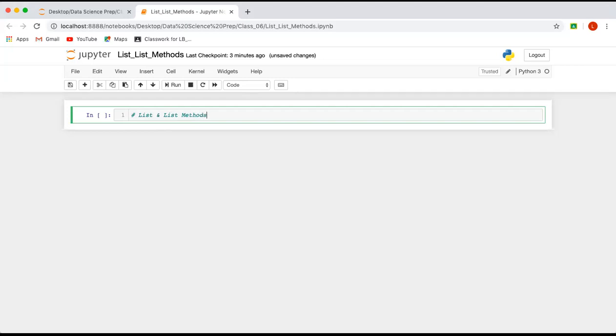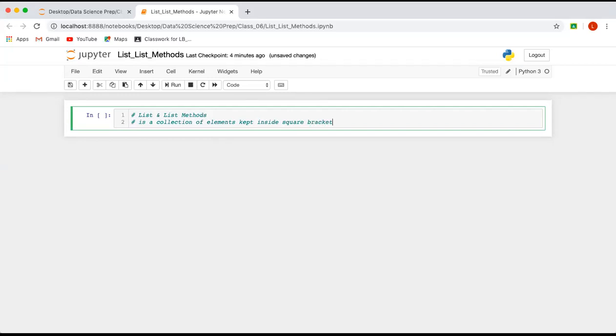Okay. Now, so what is a list? First of all, what is a list? So list is a collection of elements kept inside square bracket.